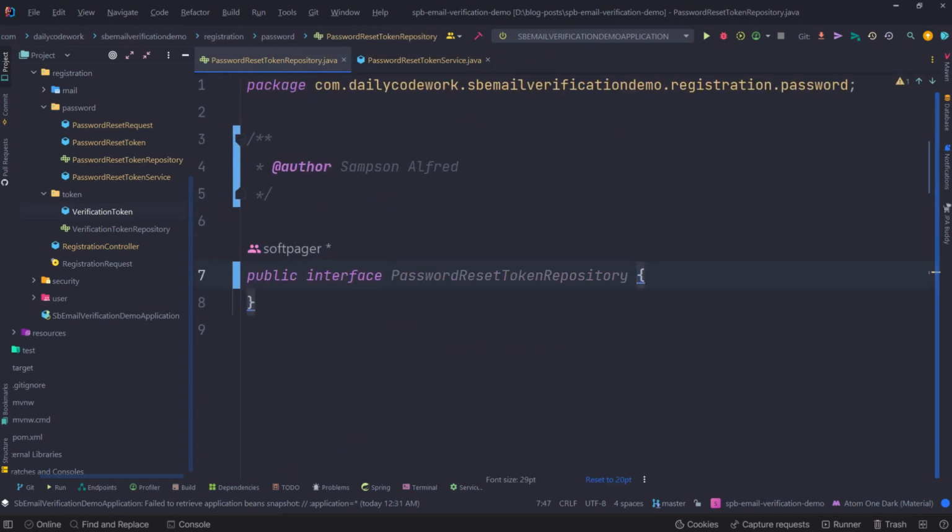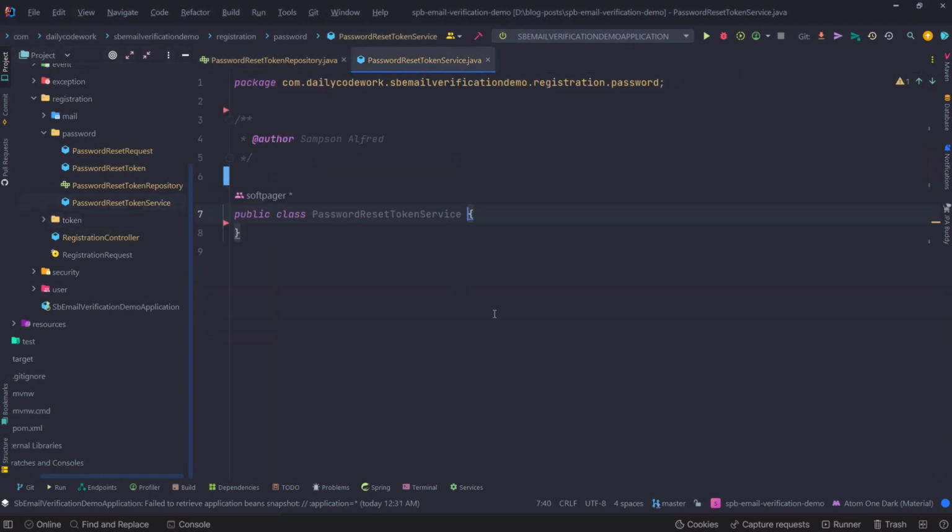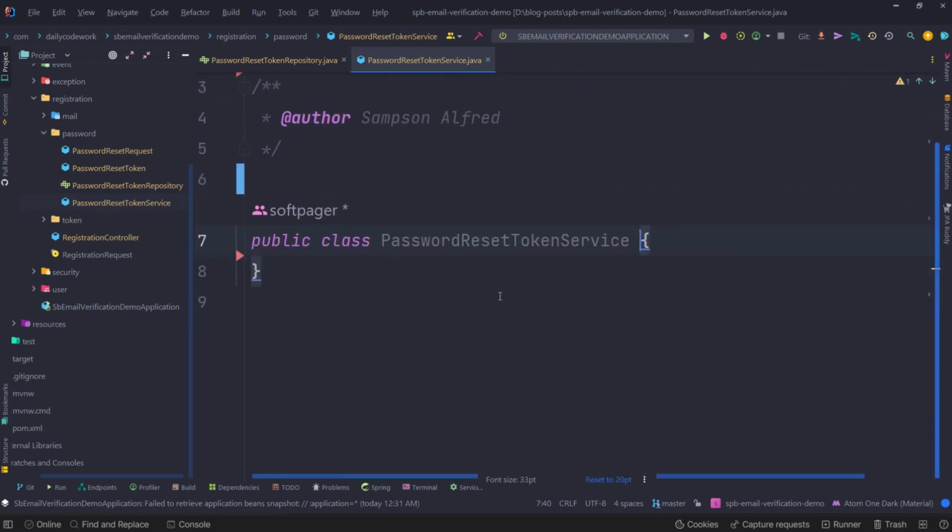So the next thing we're going to do is to go to our service class. So this service class we're going to create. Where is it here? This one here. Let me close this class. So I'm going to go to our service class. So in this service class here, we're going to create a couple of methods that we're going to use later, right? So the first one we're going to do here is to create a method that we actually